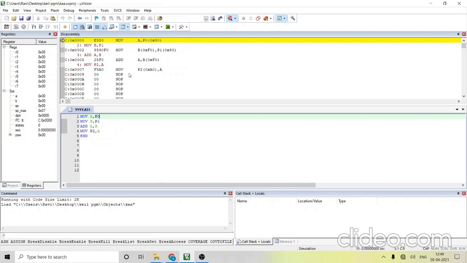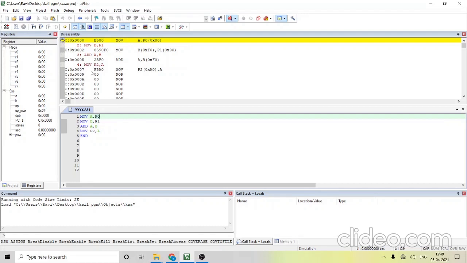When you reopen it, your old project will open. You can just go there and debug, and if you run it, you will get this. Sometimes that error exists. So in the disassembler, you have to be able to see the program. Your program will be visible here, your register window will be visible here, and there must be no errors. Sometimes the error will be that you are not able to open the file. So this is the window after debugging.